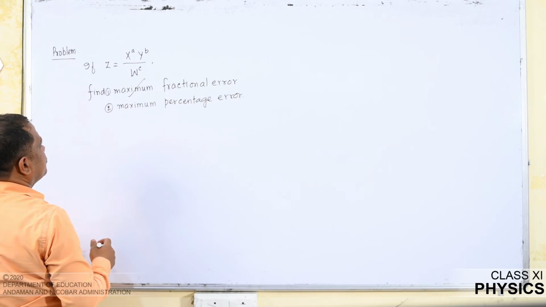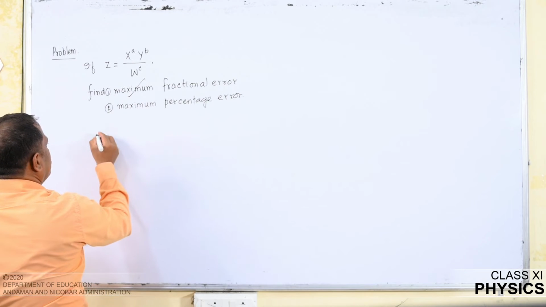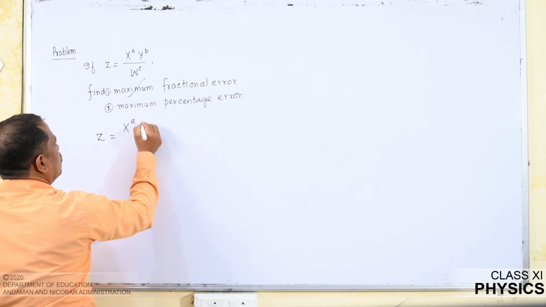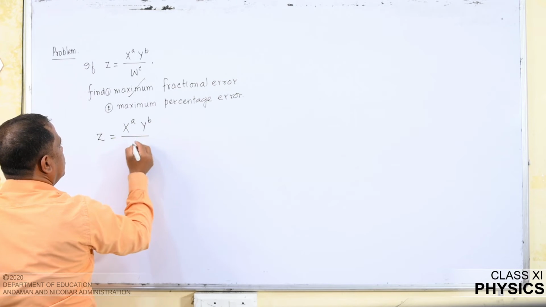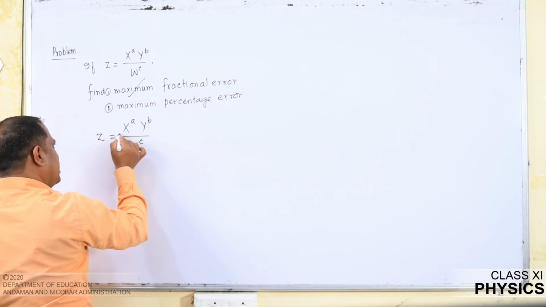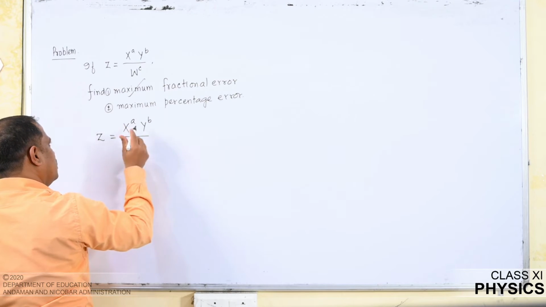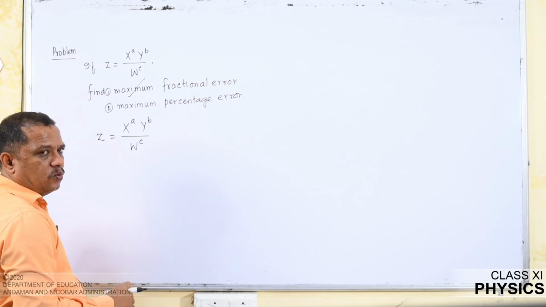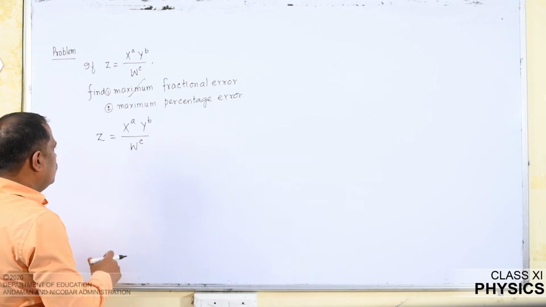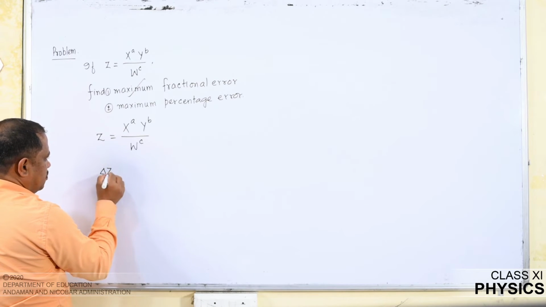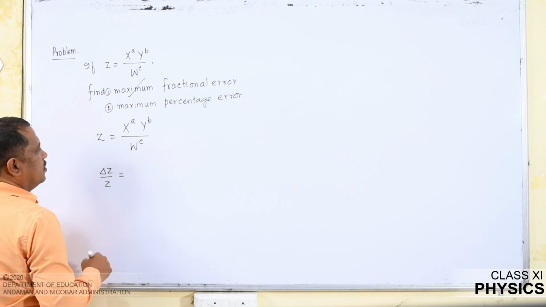In that case, when I look at my problem, I have z is equal to x power a, y power b and w power c. When I see x and y, they are in product. The result of this product and w c are in quotient form. So, the maximum possible error, or the maximum possible fractional error we just saw, will be equal to, now